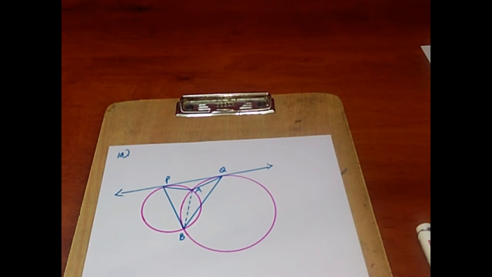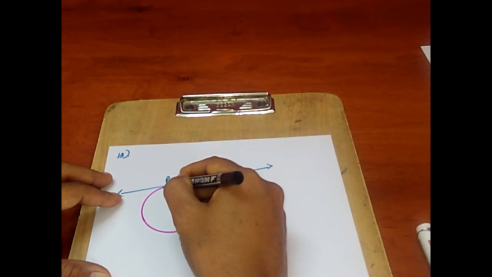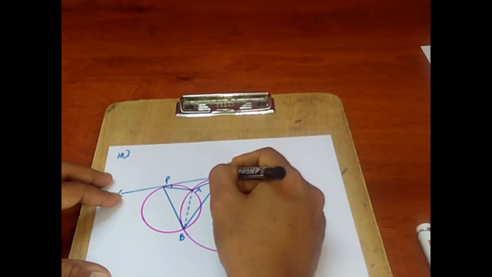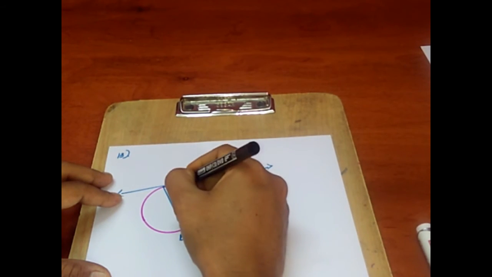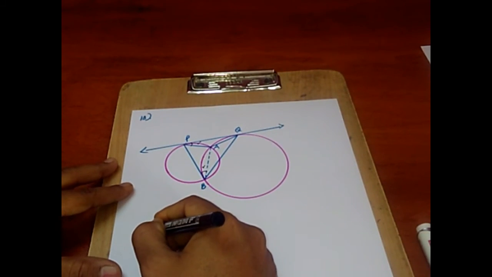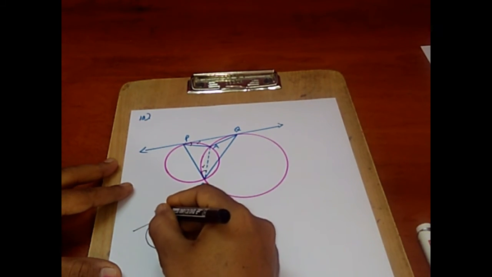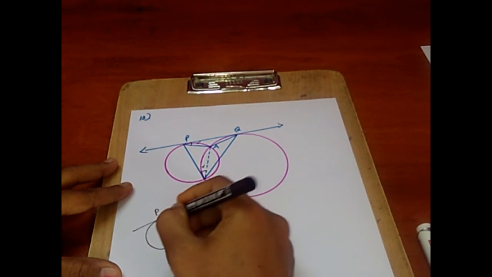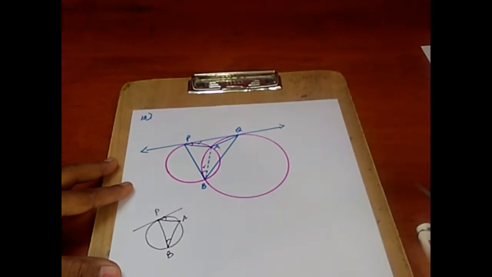If you observe the diagram here, the angle is formed at the point of intersection of a tangent and a chord. Let us take the first circle, the small circle here. At this point, angle APQ is equal to angle ABP. These two are angles of the alternate segment. If you want, you can draw the result separately. This is the smaller circle, tangent at the point P. AP is a chord, so the angle formed in the alternate segment is angle ABP.